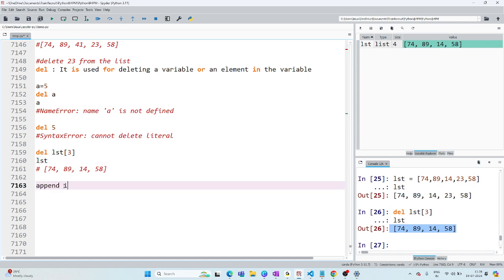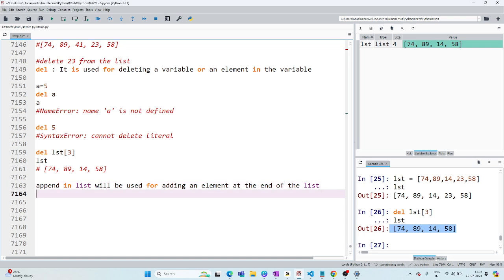We are using append in lst, or list, for adding an element at the end of the list.